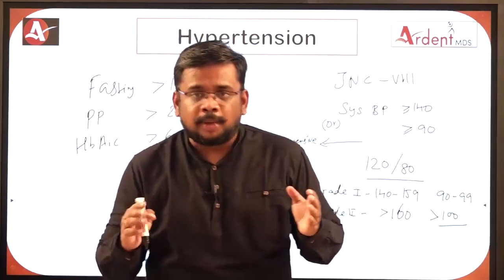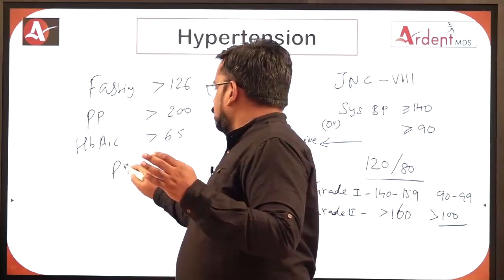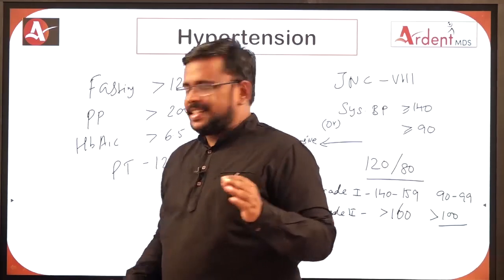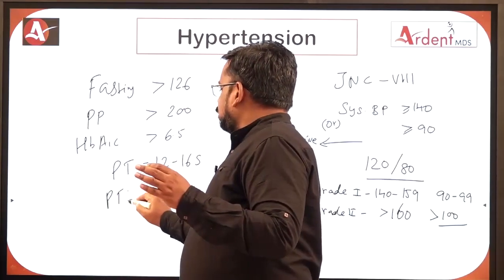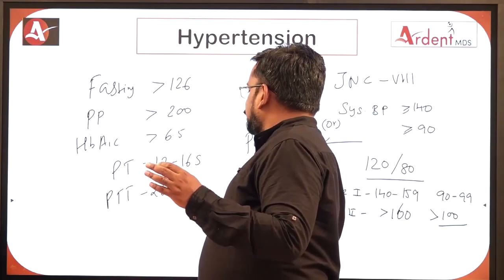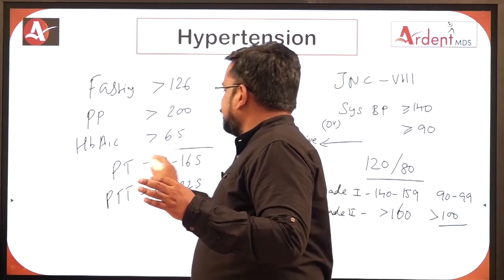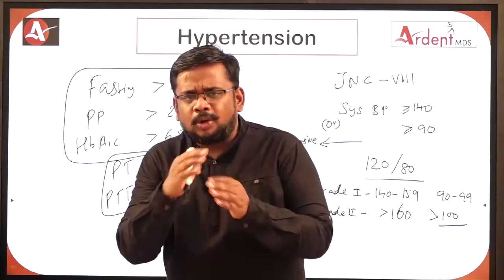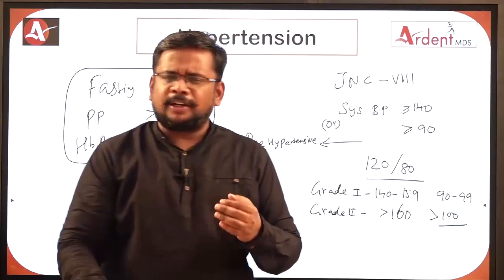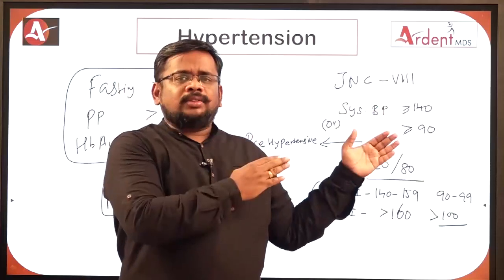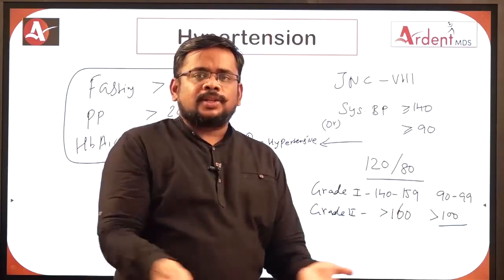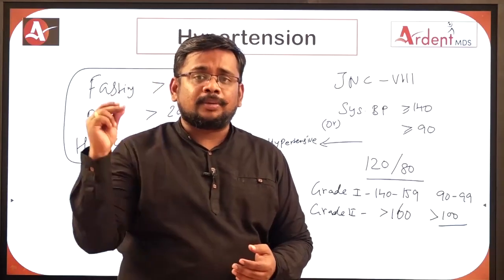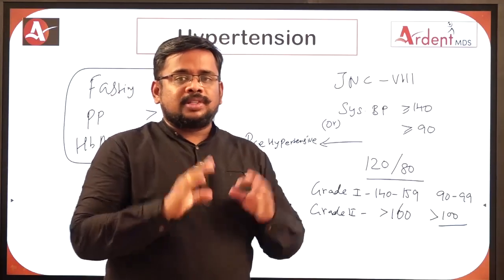What is the normal prothrombin time? Right, 12 to 16 seconds, average of 15 seconds. What is partial thromboplastin time? 26 to 32 seconds, right? So these types of numerical values you have to interrelate, like bleeding time, clotting time, everything. If you read one thing, just interrelate it with other associated numerical values, so that retrieval is very easy for you. You can get more marks without any mistakes.